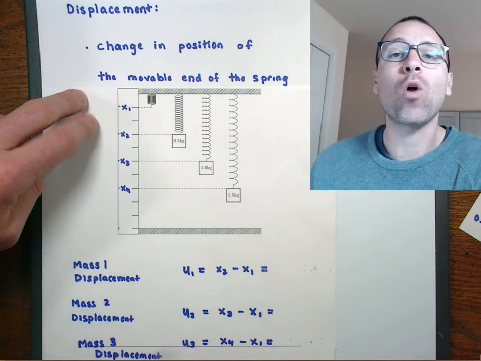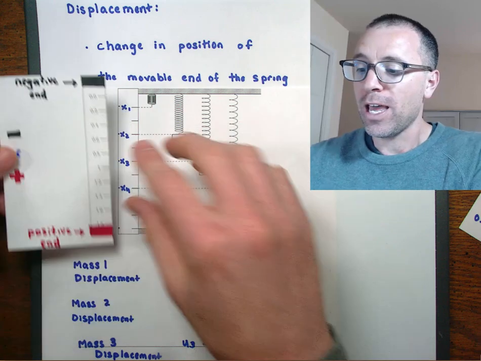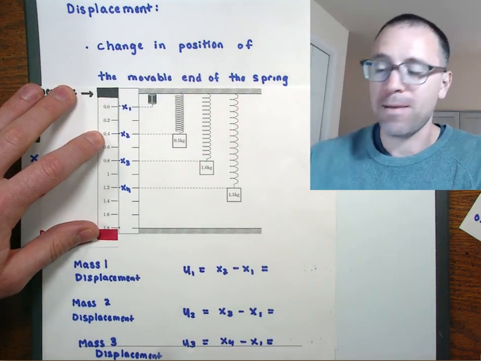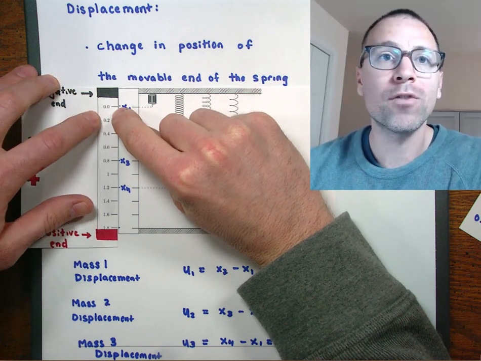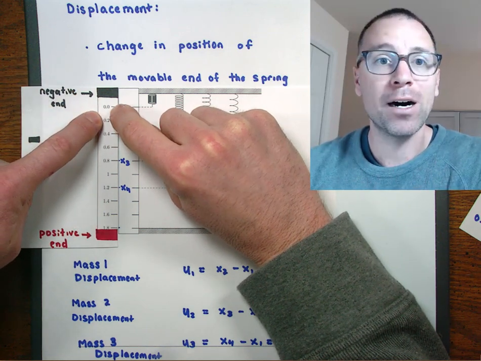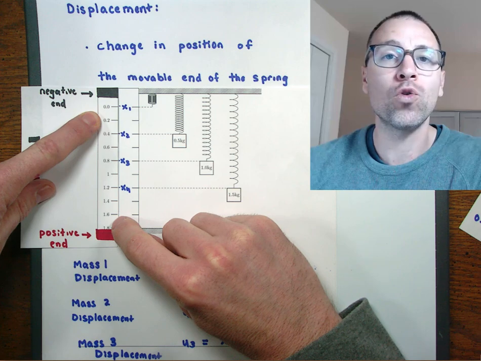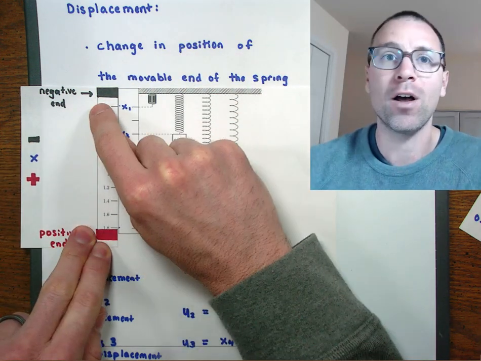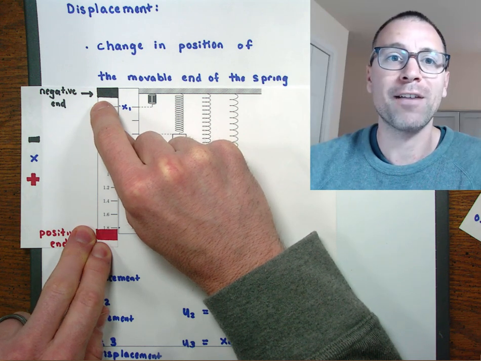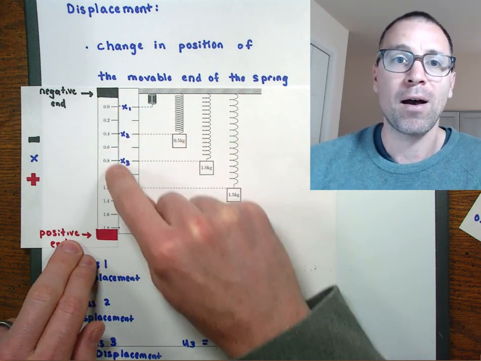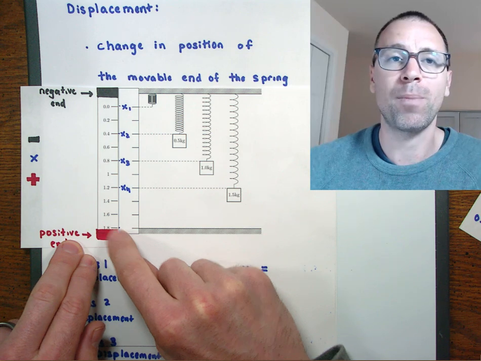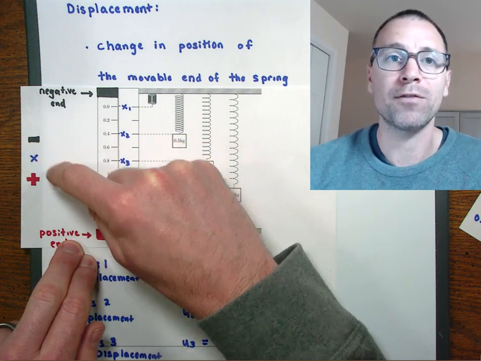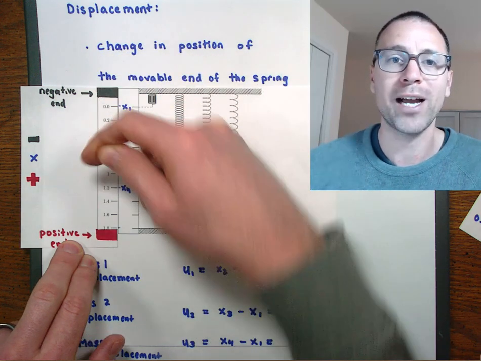Let's take a look at what we call the positive polarity. If I set up my ruler in such a way that the 0 mark, the ground of the ruler, is above and the positive position measurements go downward. In other words, we think about the 0 mark as the negative end and the downward counting position measurements as a positive end. The reference direction for this ruler goes from negative to positive in the downward direction.